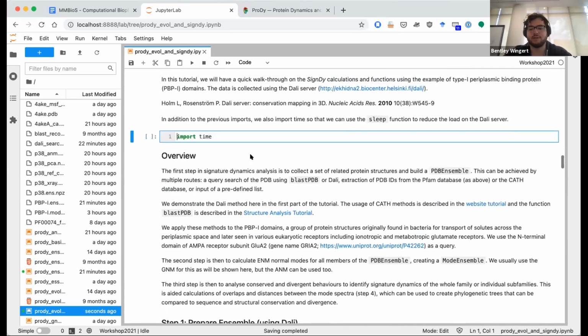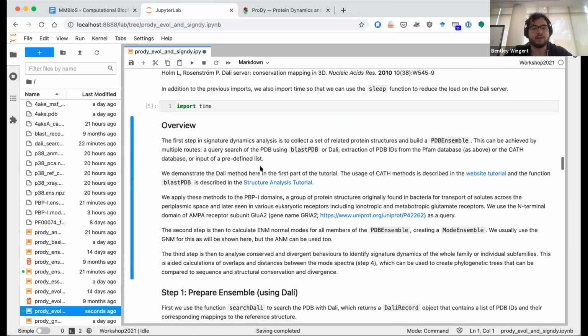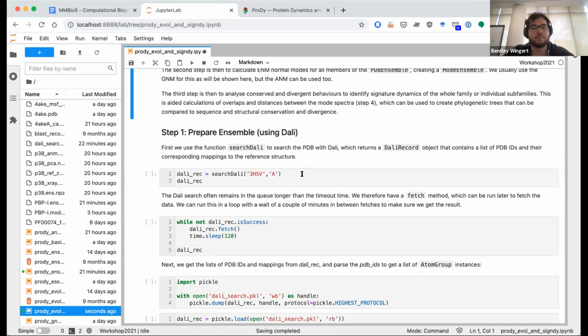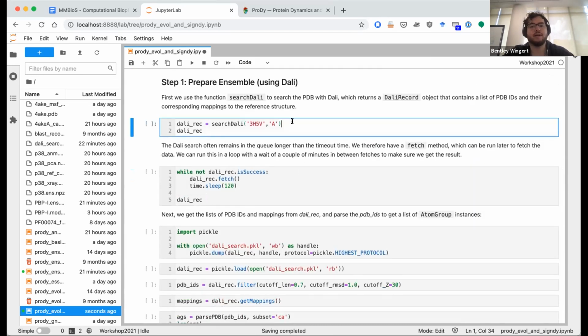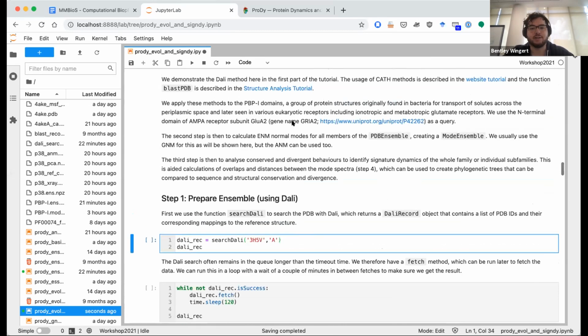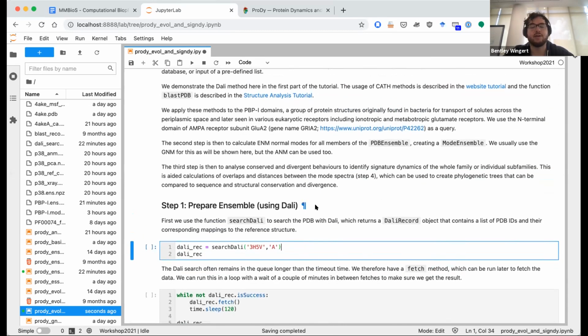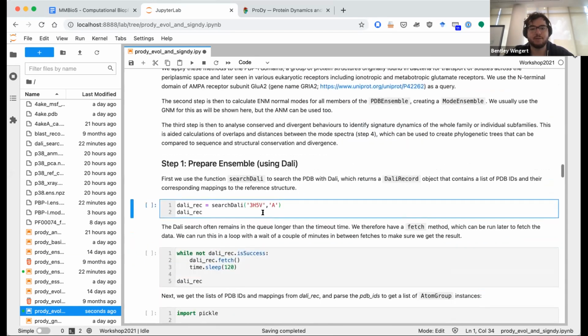So we're also going to do one more import here. That's just a built-in one, so it should work for everyone. And what we're going to start off by doing is a Dali search. Dali is a server that has a number of protein families. So basically we're going to use this built-in function of Prodi to query the server with this PDB code and then the chain that we're specifically interested in. So if we just run that,